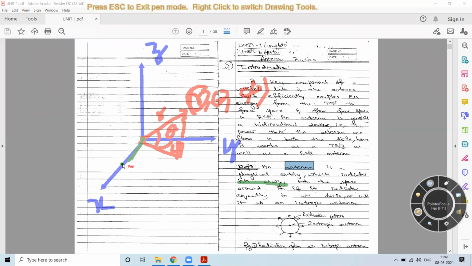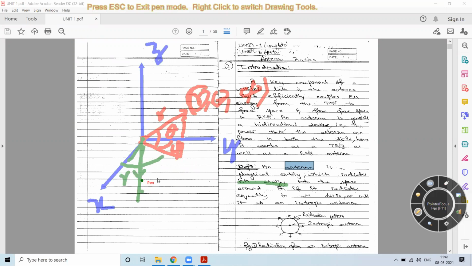At phi equal to 0, what it is. At phi equal to say 10 degrees, what it is. At phi equal to 20 degrees, what it is. So on you continue up to say 360 degrees. For elevation angle, you start from say 0 degree, theta equal to 0 degrees, how much is the value? But you're considering the distance same. That is, r is unaltered. Only theta and phi will be varying.